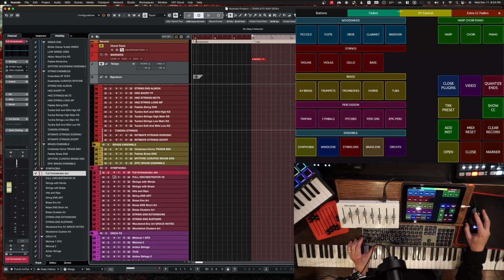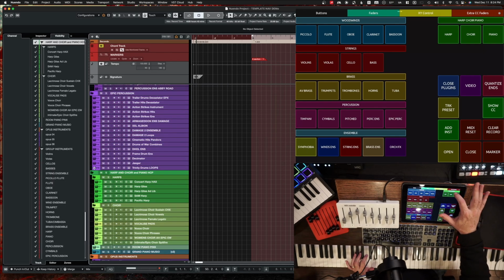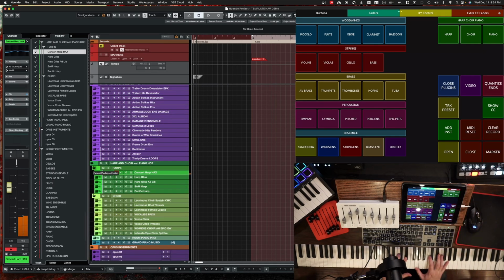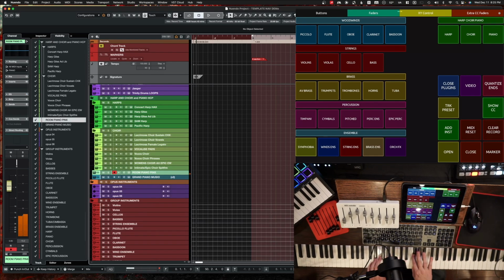I have a bunch of stacks set up that will allow me to move quickly and score parts more quickly. All right, and then we have harp, choir, and piano. So if I want my harp, it gets there. If I want a piano patch,